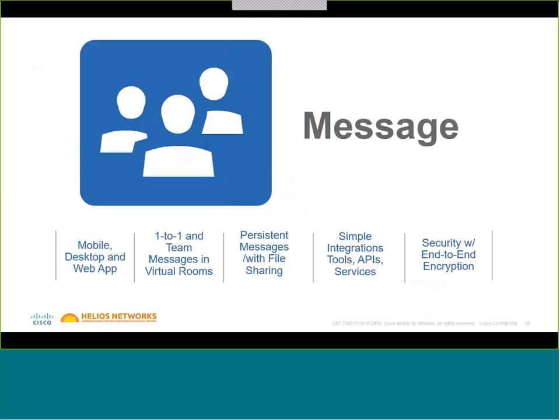Cisco Spark Message is designed for teamwork, simple as that. It's not only an enterprise-grade messaging application, but it enables teams to work together. So if that's sharing content or sharing your desktop, from a mobile phone you can view your colleagues' latest and greatest design on your logo or whatever. It's always there and it's always seamless. Doesn't matter what device you're on. Message is a launch point, I think, into these real-time services for voice and video. It essentially allows you to have the control over the rooms.